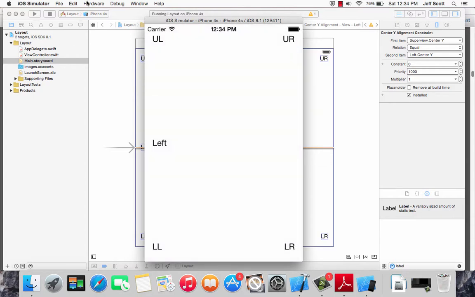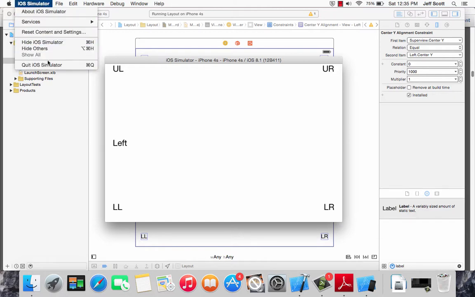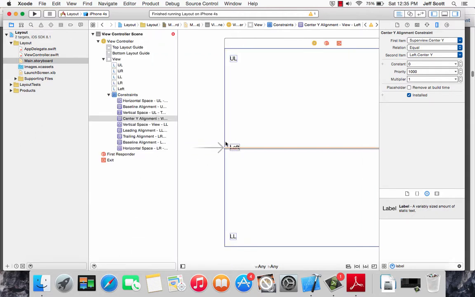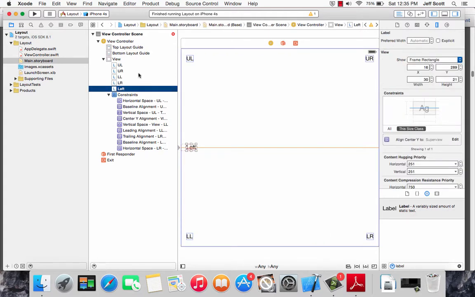Well, that looks good. But if we go over to hardware and we do a rotate left, actually that looks pretty good right now too. But what's mentioned here in the book on the top of page 150 is the label also needs a horizontal constraint. All right, and hopefully that'll remove this color line that we see right here. So with it highlighted, sometimes these can be hard to grab, so sometimes you're better to just come back over to here, bring up your document outline. Okay, so